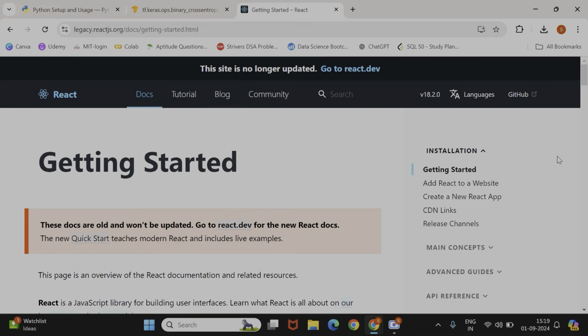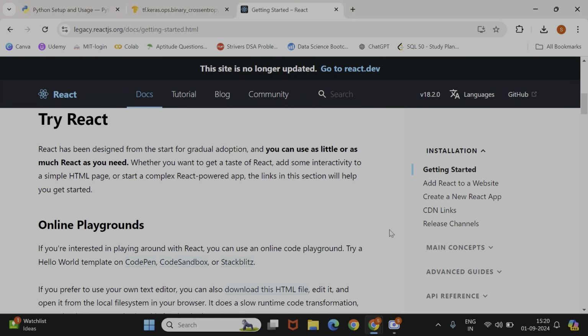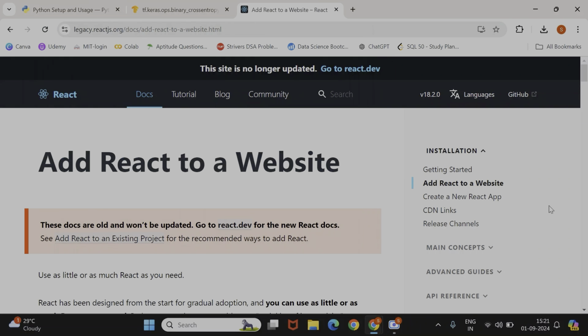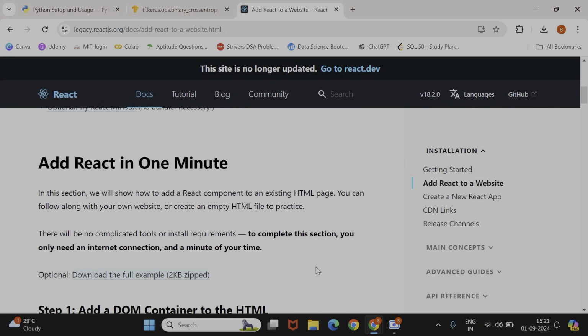Now, the last website that we are going to analyze for the documentation is that of React.js. It is an open source library for front end development. And for those of you who have worked with HTML, CSS, and JavaScript, you might know that it is kind of advanced as compared to those three languages. But the documentation for it makes it so easy for you to understand, learn, and implement React that any beginner can start from here. It all starts with adding React to a website, and they have clearly mentioned it over here how you can do it.